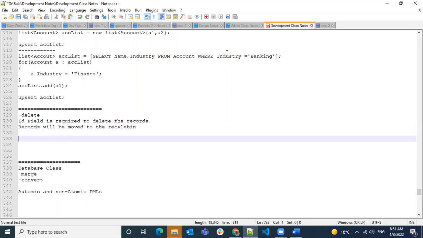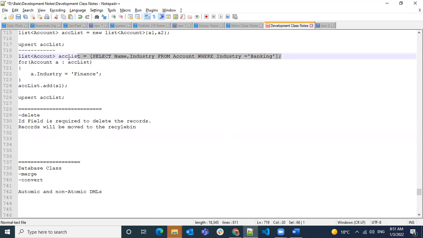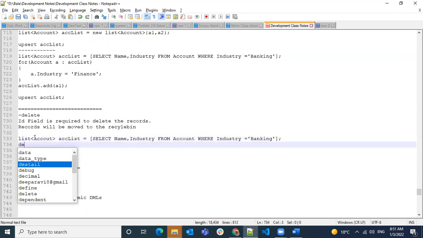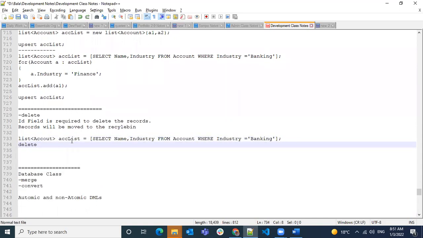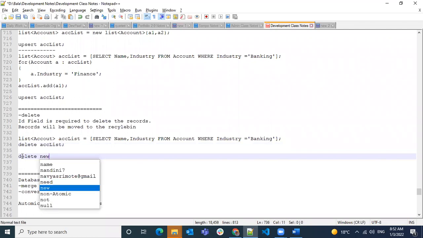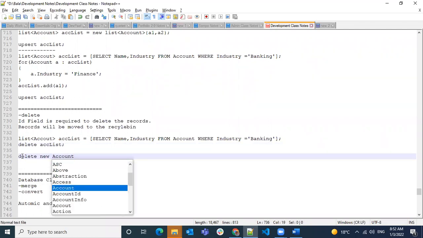So let's say I have something like this. You can perform it like this. If you know the ID of some accounts, and by using the ID you want to delete, you can delete by doing a delete on the new account.